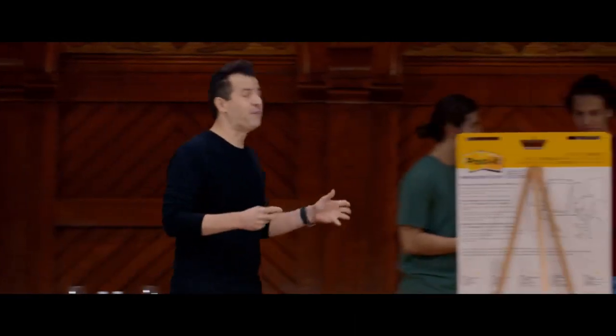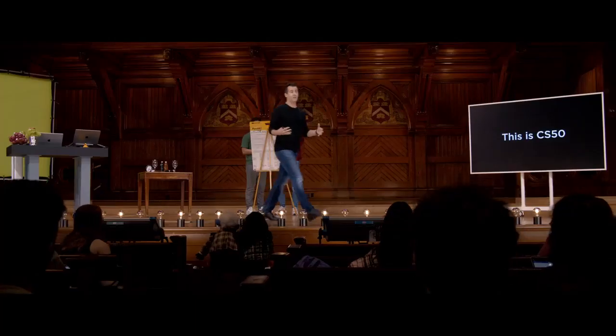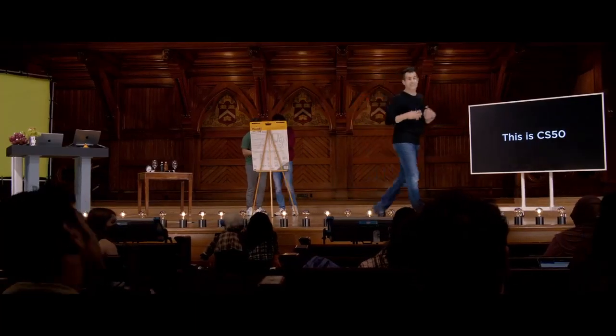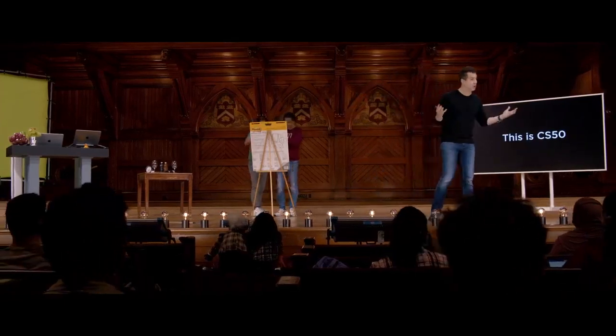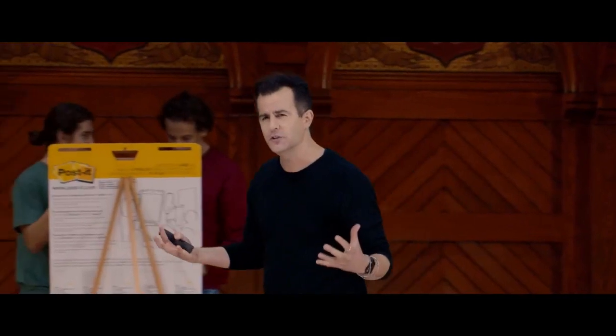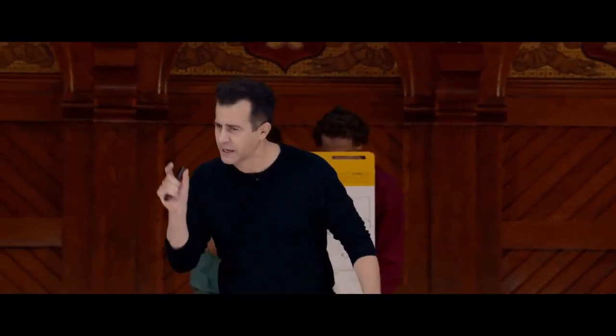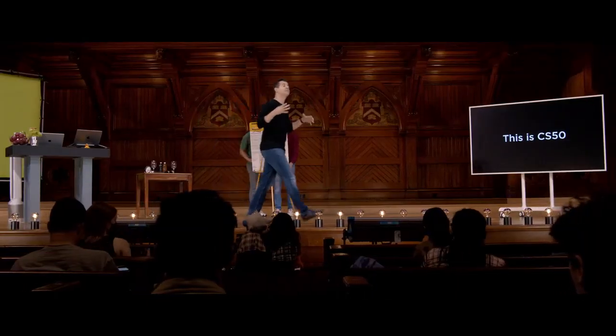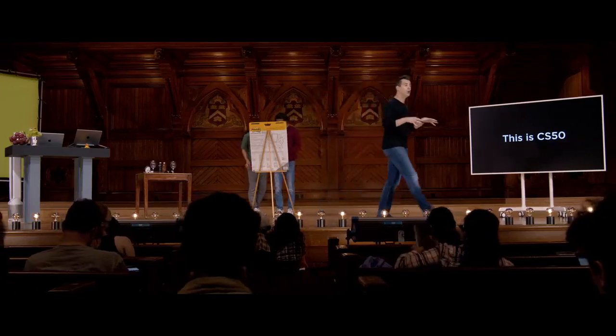This is CS50, and this is week 4. And if you think back a few weeks ago already, in week 0, we started talking about what images are. And we talked about representation of images as this grid of pixels, and each pixel has some pattern of bits that defines its color. Well, it turns out today we'll take a deeper look underneath the hood at how things